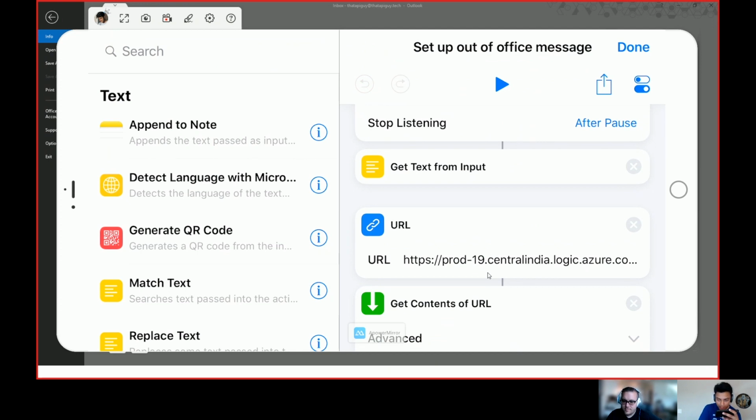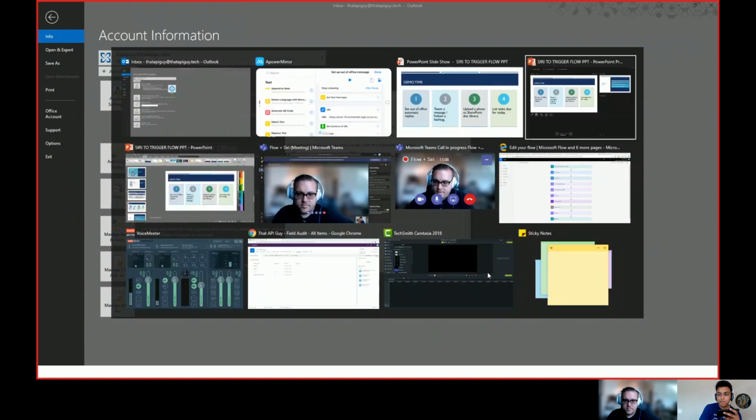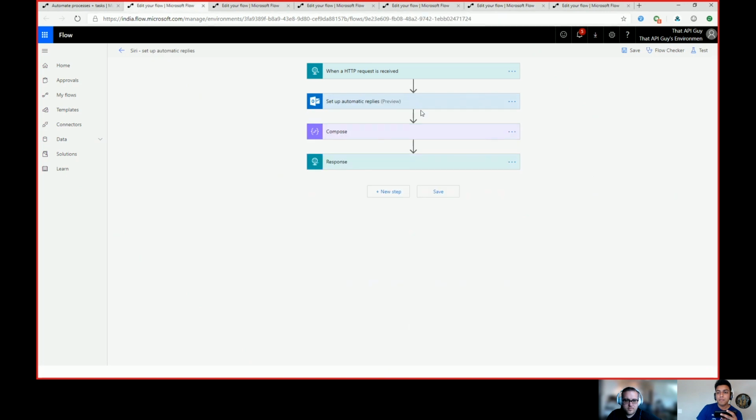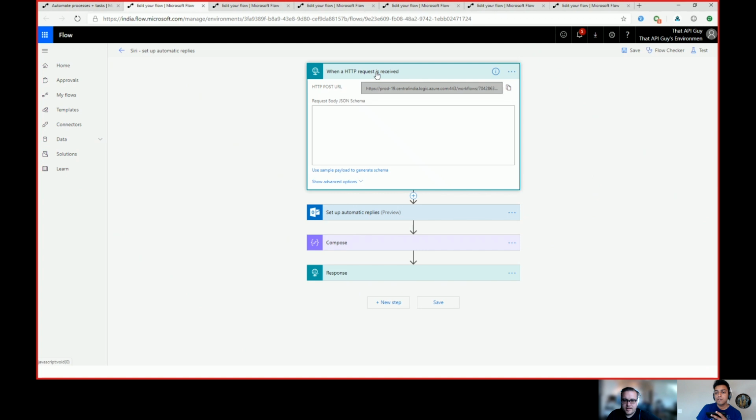So we'll jump on quickly to the flow portion, and then we'll see the rest of it. So this is the flow that I set up. My first trigger is basically the HTTP request. When an HTTP request is received, then what I did was, what I want was start time, end time, and